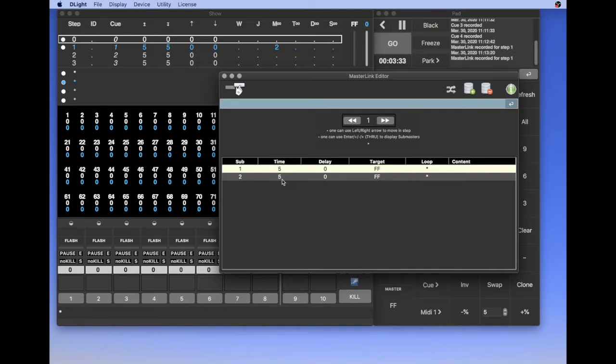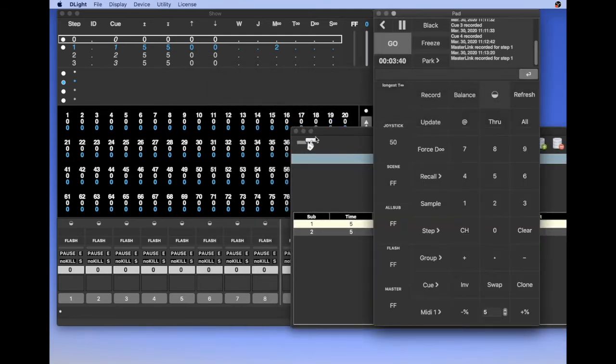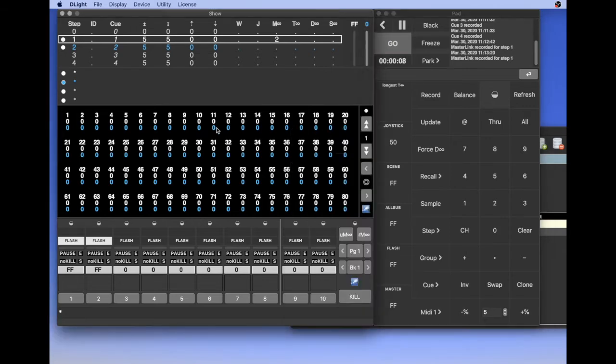Timing is 5 seconds. So next time I press the Go button, we should see submasters 1 and 2 opening in 5 seconds, as long as the step that is being processed, in 5 seconds. Go. Everything is moving in 5 seconds. Now, if I go back with the up arrow of my keyboard to step 0, okay,